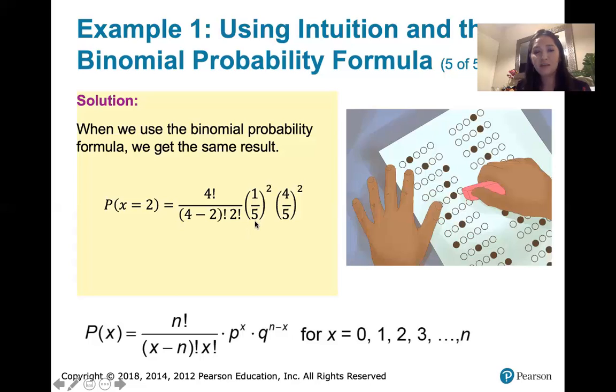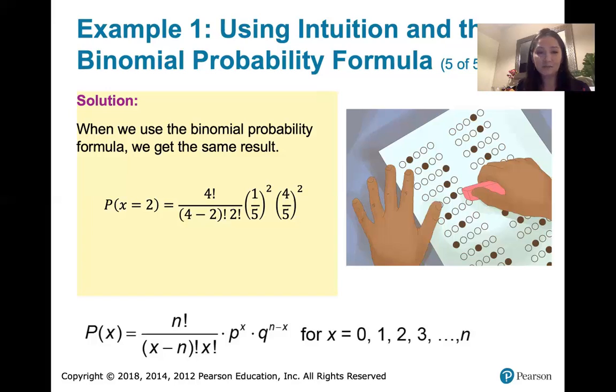And then you multiply by the probability that the first 2 are correct and the last 2 are incorrect. So you got that 1/5 times 1/5, which is 1/5 squared. It's the probability of success raised to the number of successes, because that's how many of those factors you're going to see in the multiplication rule. And then you've got the probability of failure here raised to the number of failures, because that's how many of those factors you would see due to the multiplication rule. Now, this 6 out front comes from the addition rule,